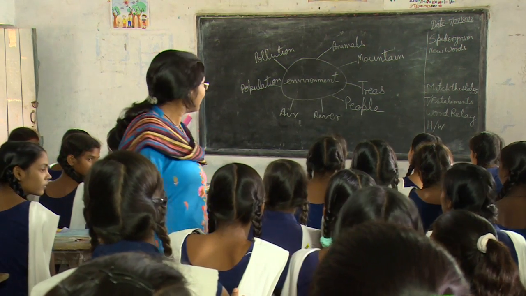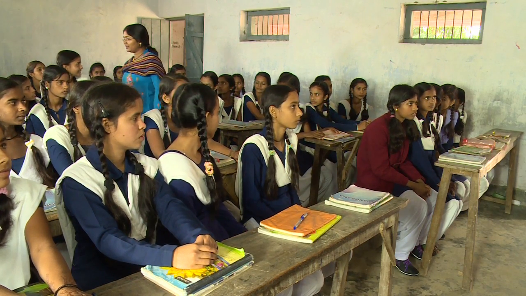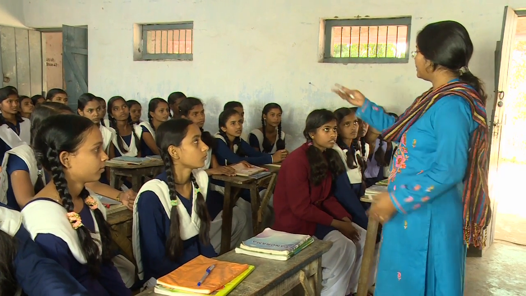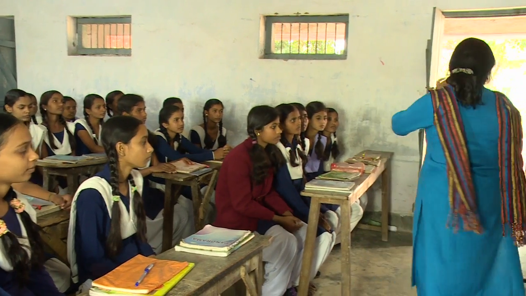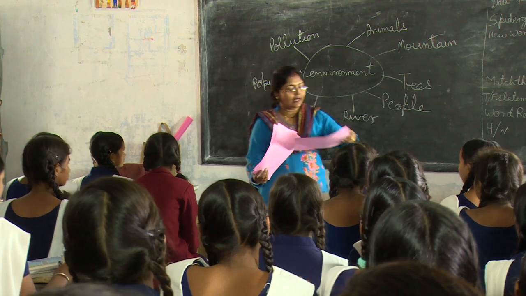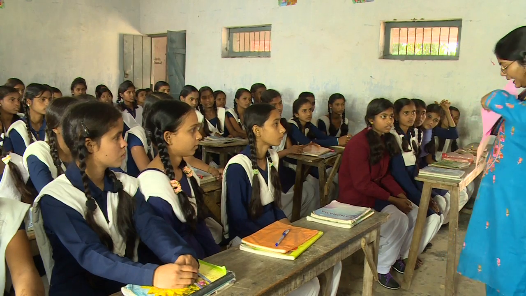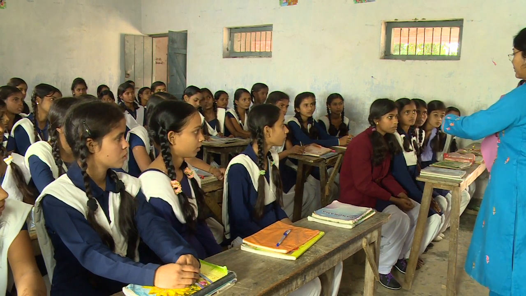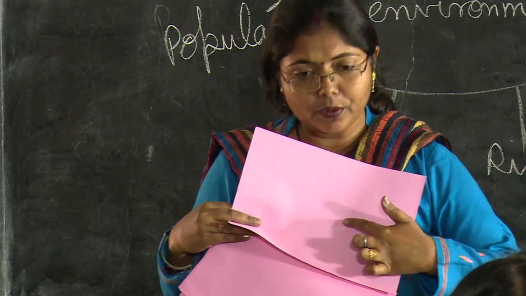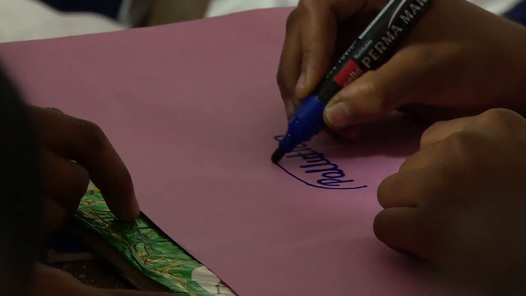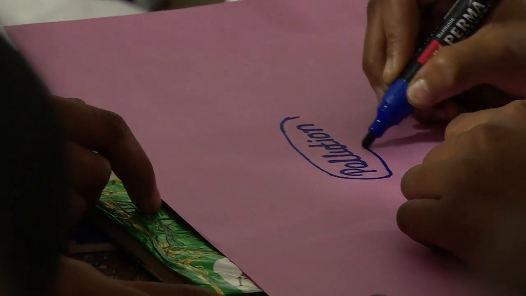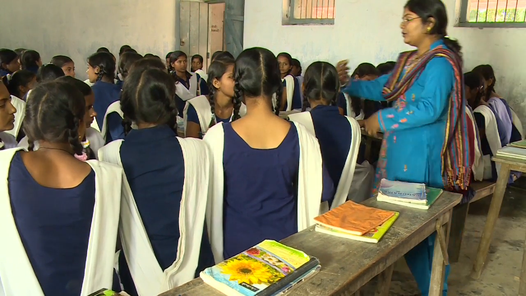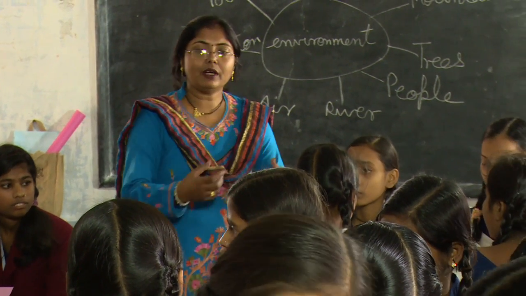You choose a word? Pollution. Yes. Okay. You know in which group you are, trees, people, population, okay? Yes. Now what you have to do, I'll give you few sheets and in groups, first of all what you do, you write the group's name in the middle. Suppose you are which group? Population. You will write population over here and circle it. Now have you written the word in the circle? Yes, ma'am. Yes.